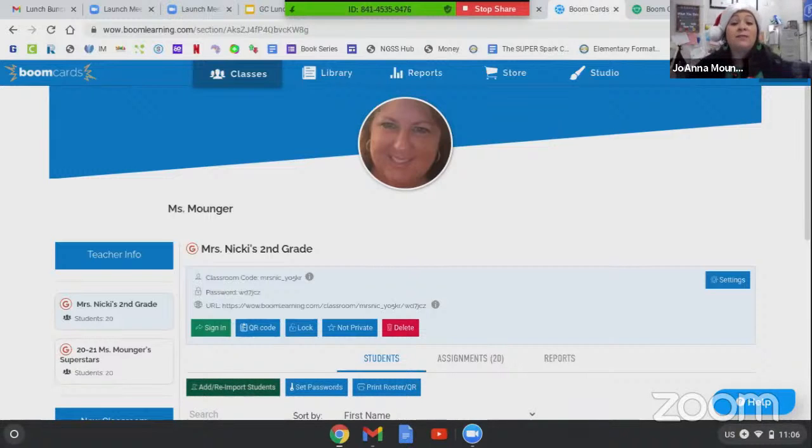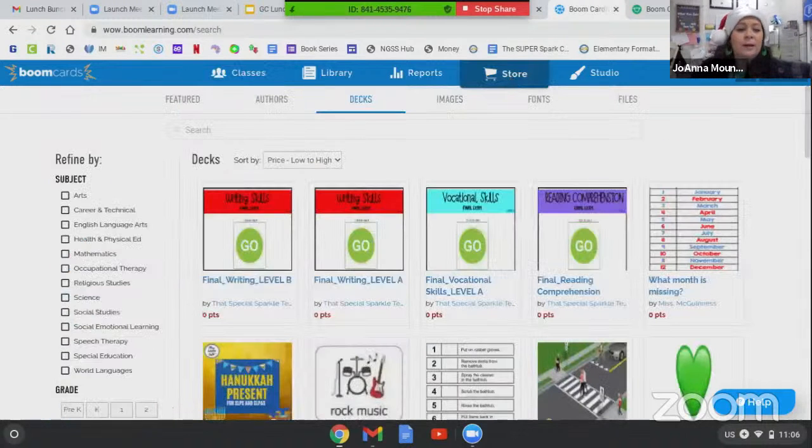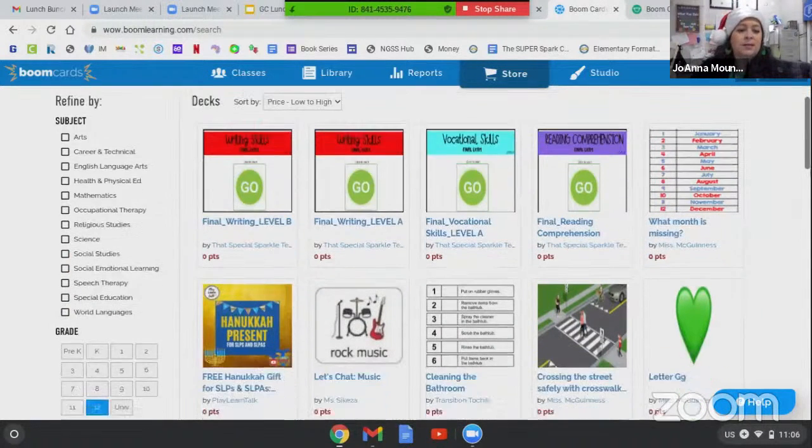Now, where to find boom cards? That's always the number one question. Where do you find them? There are 2 different ways we find boom cards. The first place is here in the store on Boom Learning. And I think I already have it clicked